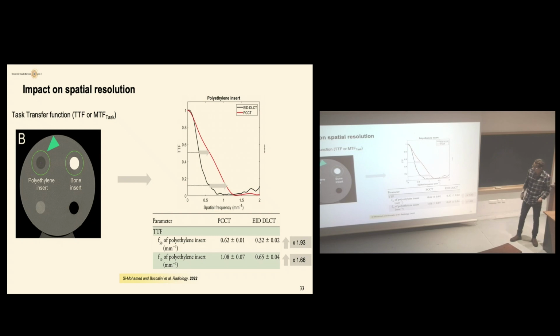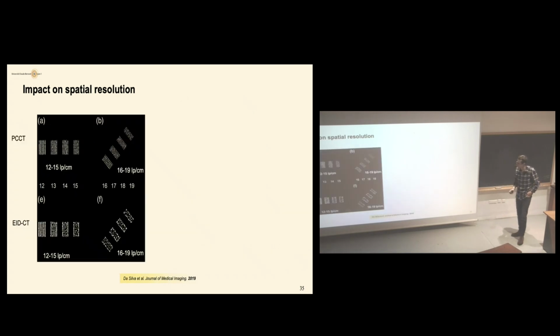In my work, I am more interested in simulating the contrast of a lung lesion, for example a low contrast lesion or a high contrast lesion, in order to better understand the clinical application. Because usually for a CT, we use the modulation transfer function that is calculated on a thin guide wire of 100 micron, which usually is of really high contrast. Here, it's a contrast of a clinical task.